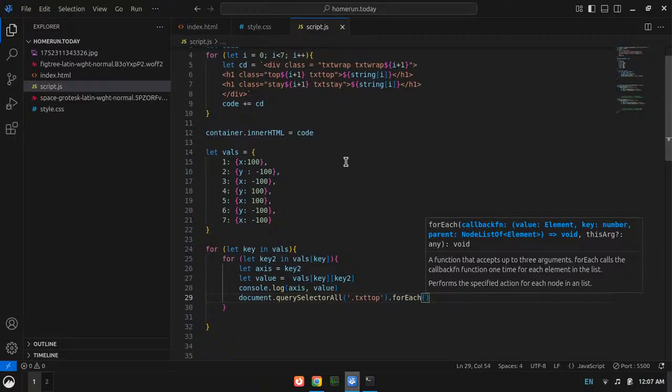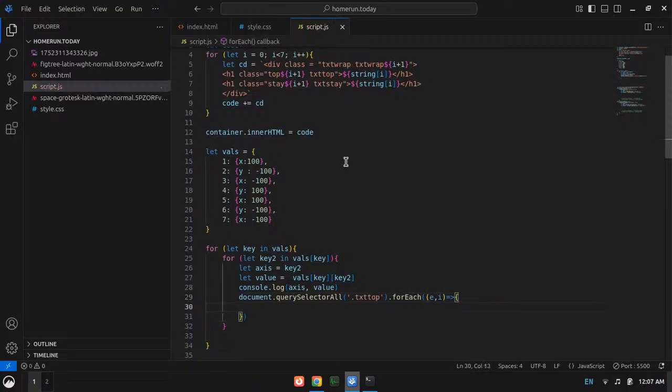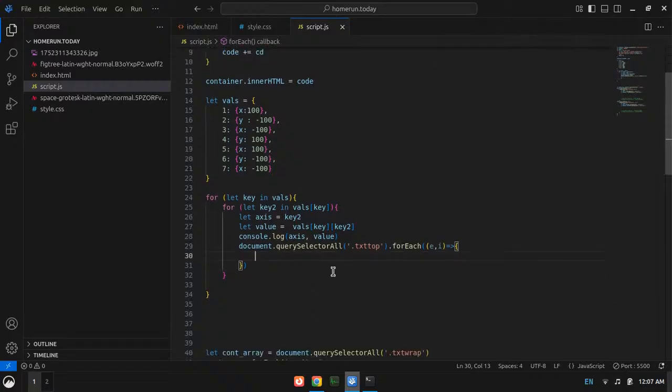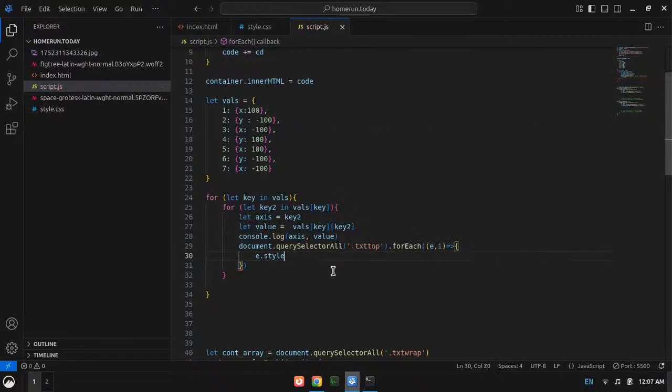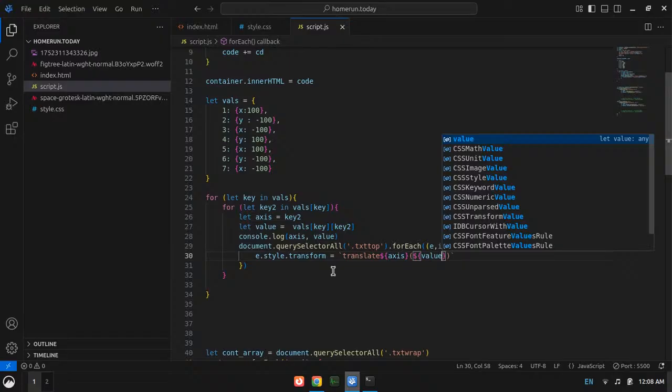I'm going to run a function with e and i for all of them, and there I will say e.style.transform equal to translate, then I need the dollar symbol, I need axis, I need curly braces, and I need the value. Okay, that should be it, right?